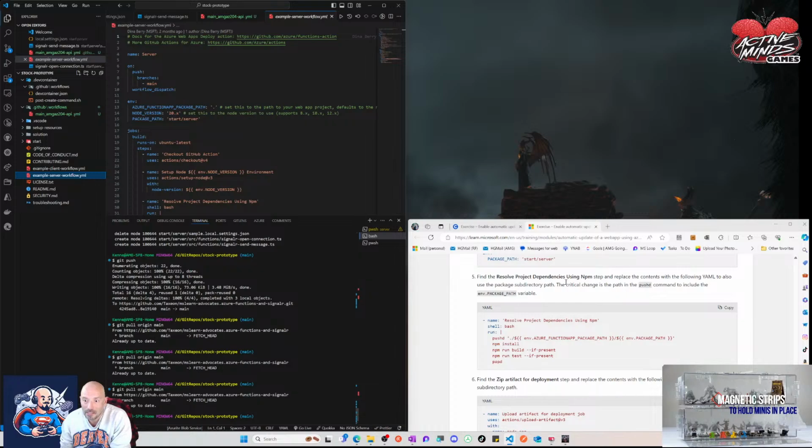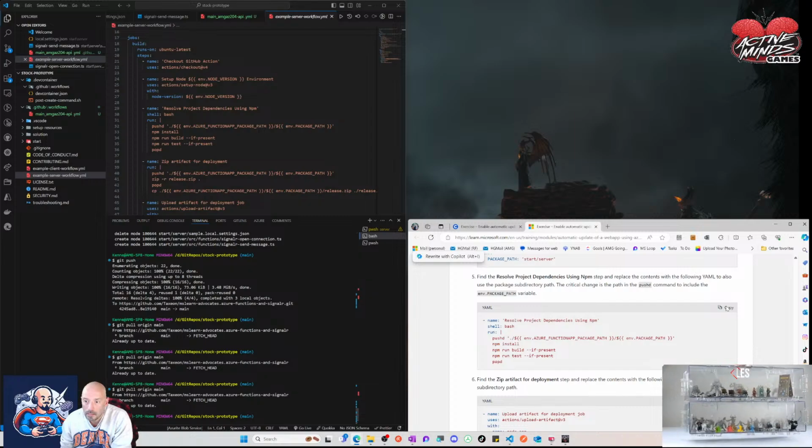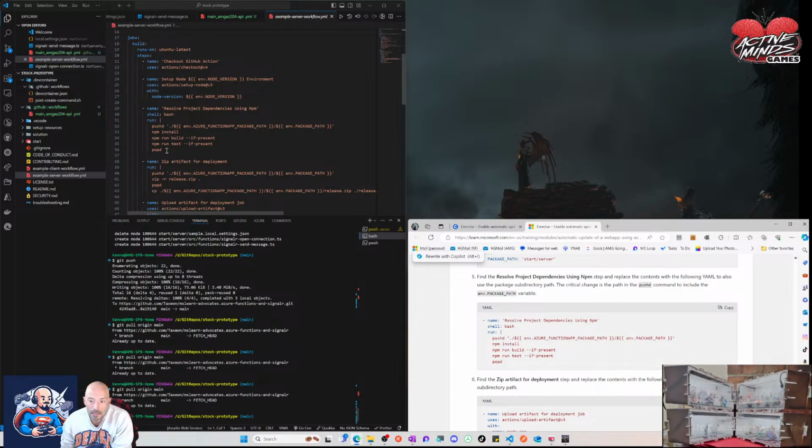Find the resolve project dependencies using npm step and replace the contents with the following YAML. Resolve project dependencies using npm. Okay. Copy. The critical change is the path to the pushd command. It looks exactly the same. Pushd,